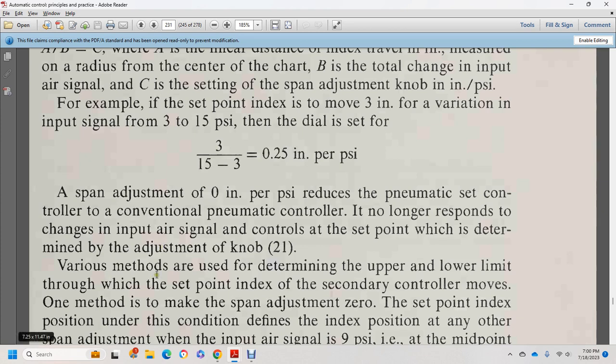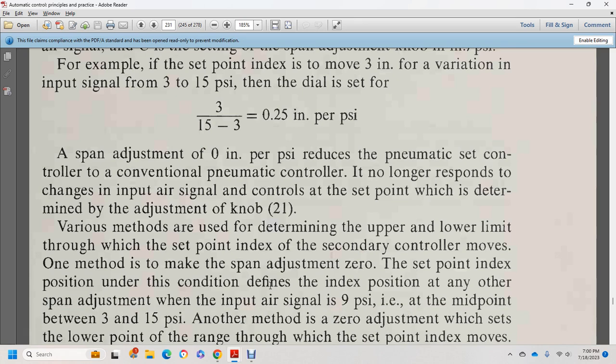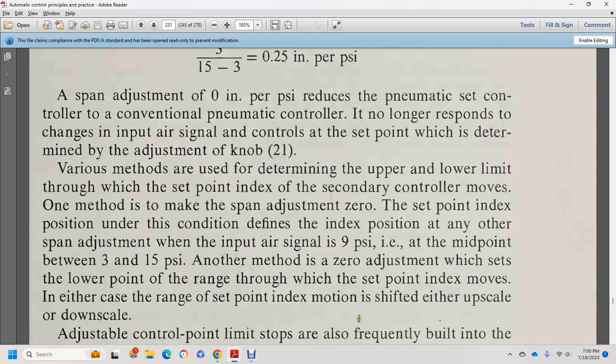of determining the upper and lower limits of the set input with the index for the secondary control. One method is to take a span adjustment of 0, with the set point index position condition defining the index position at any other span adjustment with the input air signal of 9 psi, the midpoint of the 3 to 15 psi range. Another method of zero adjustment is to set the lower point of the range, in which the set point index moves in either case with the range of set point index motion